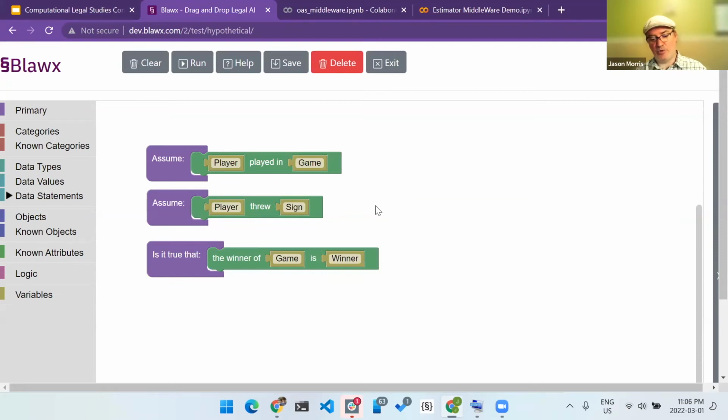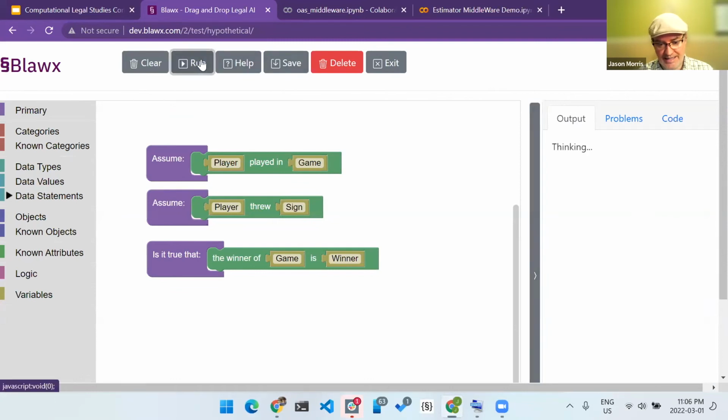It's important to note here that what we're doing is reversing the logic. In most computer programming languages, when you write a function, the function has inputs and it has outputs. You can change the inputs and get different outputs, but you can't provide the function with an output and ask it what the inputs might be. But that's what Blocks lets you do. So we can run this code and say, in the abstract, how might you win a game of rock, paper, scissors? From that same encoding, it's able to tell that there are 3 ways.